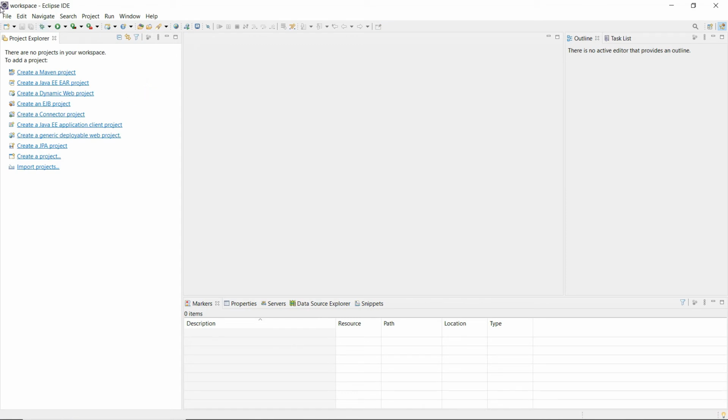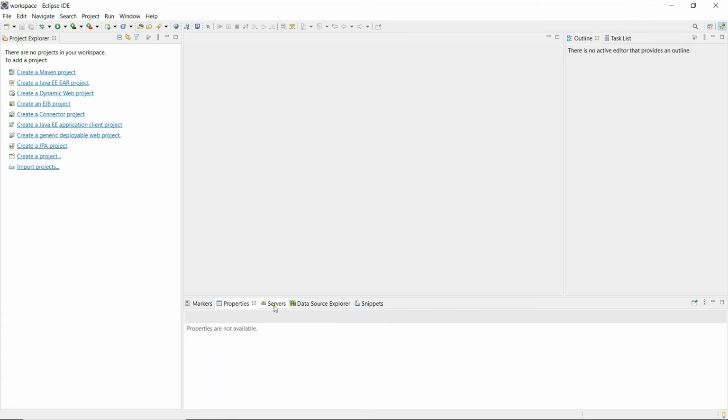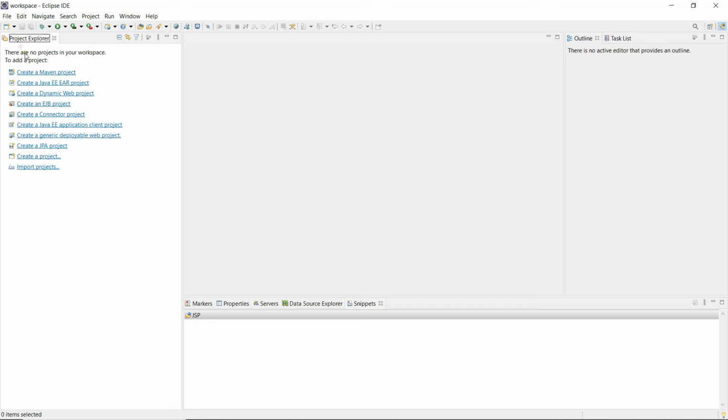So this is the perspective that you will see when you launch the Eclipse IDE. Each of these windows that you are seeing here, Project Explorer, Markers, Properties, Servers, Snippets, Outline, etc. Each of these windows is called a view. A set of views makes up a perspective.